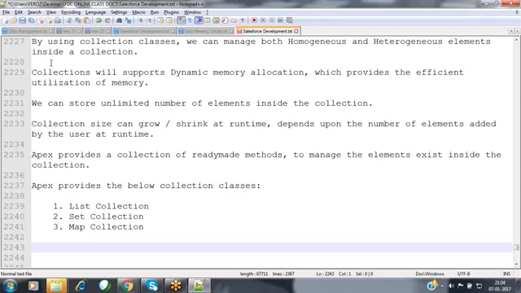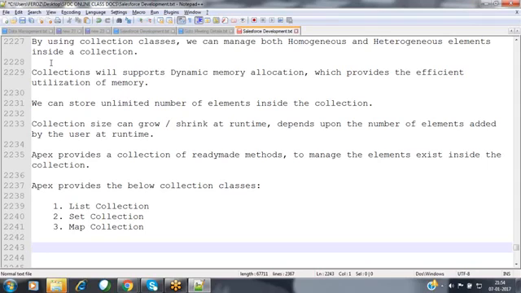These are nothing but classes. In these classes, we can store some elements inside them. We can also manage those elements by using the ready-made methods offered by the Apex programming language by default as part of these classes. List is a class, Set is a class, and Map is a class.